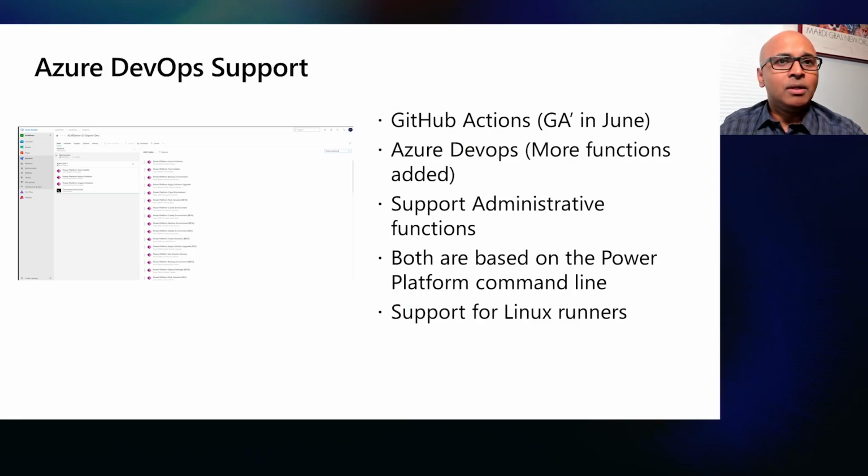So here's an example, a screenshot of the Azure DevOps support that we've currently got. And in this case, as a matter of fact, the GitHub Actions capability, we GA'd directly in June. And our DevOps support has been out for nearly a year now. But every month, we usually add more and more function. And the most recent function that we just added, based on customer feedback, is the ability to use Linux runners as part of your DevOps pipeline. In the past, you could only use Windows runners to build Power Platform applications through a CI/CD pipeline. Now, because we have support for cross-platform, we can use Linux runners directly in that context.